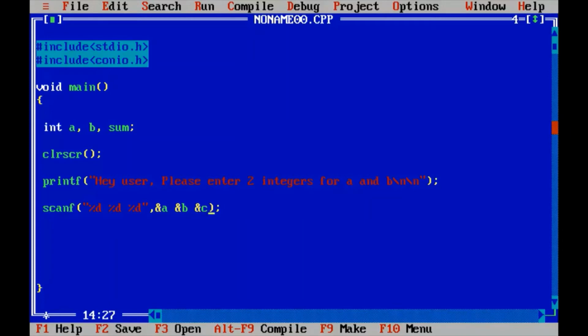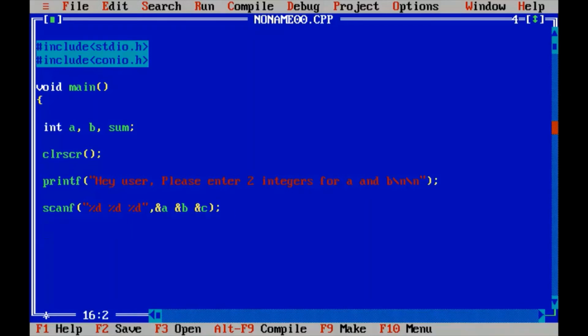So like this, you can input any number of data values, and to store them you must have the correct number of variables. So these %ds are called type specifiers or type converters. Okay, so the number of %ds should match up with the number of variables here. And remember, in the scanf function you must put the ampersand symbol before the variables. So this is the standard format. Just follow this standard format everywhere when you use the scanf function.